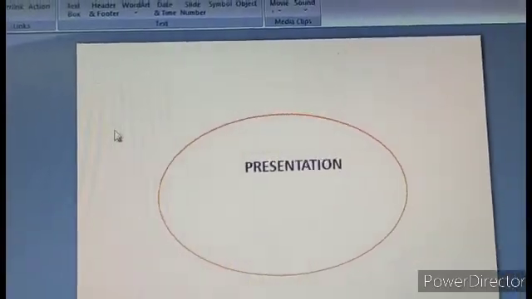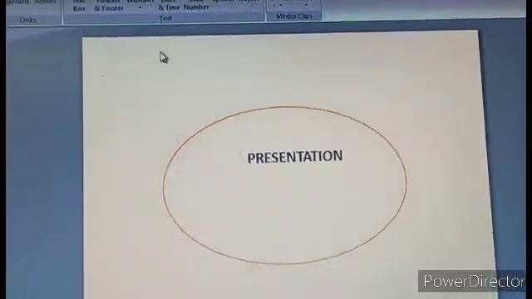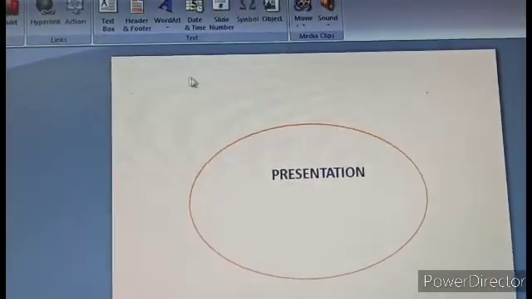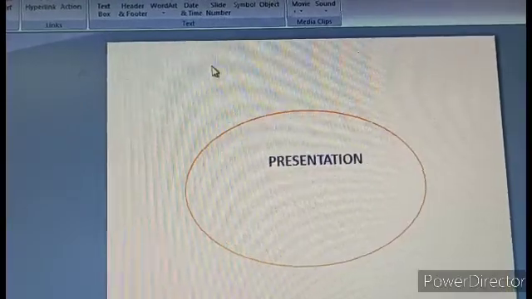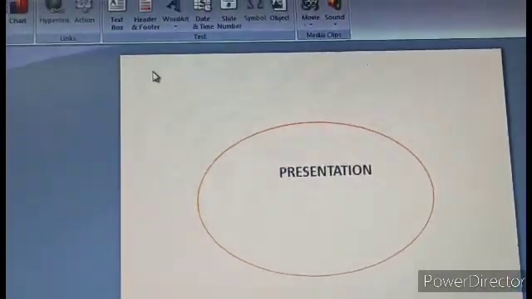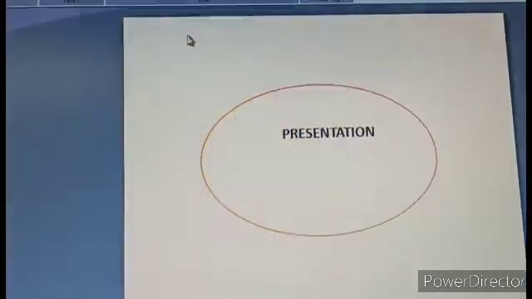If something is repeating in every page or every slide, and it is present in the upper portion of the slide, that is called the header.